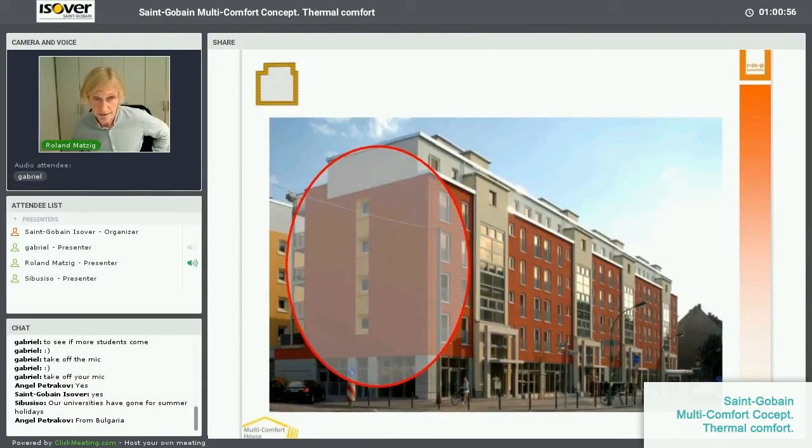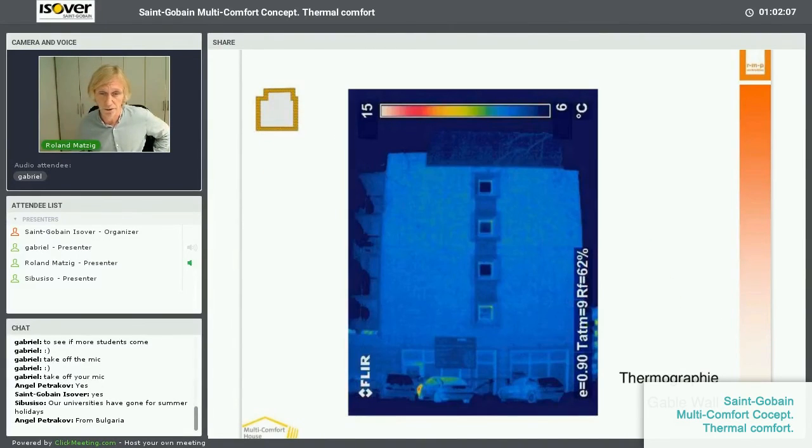Another thing I want to show you: the gable wall facing the north has no windows to the apartments, but only windows to the walkway area, because we gave the walkway natural daylight to cut down the electric needs. On the apartments, you don't find any windows, because it's only losses, and we didn't want to have these losses. And this gable wall, in the thermal image, is completely insulated with no